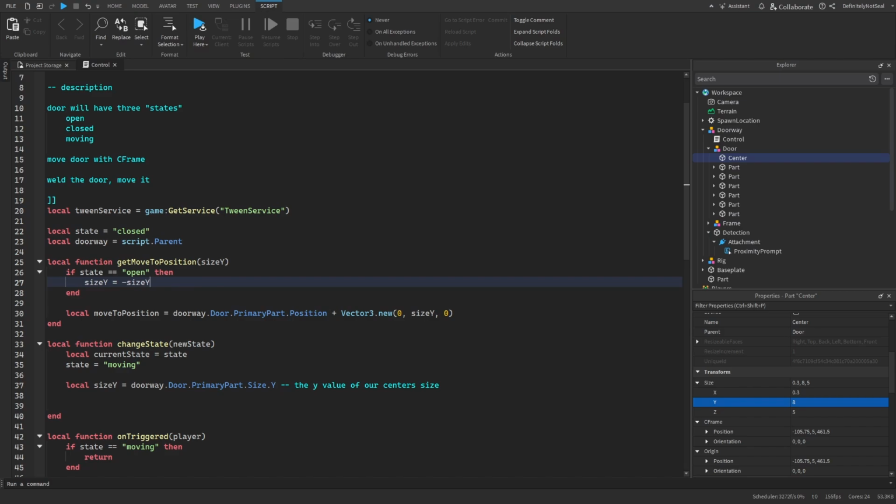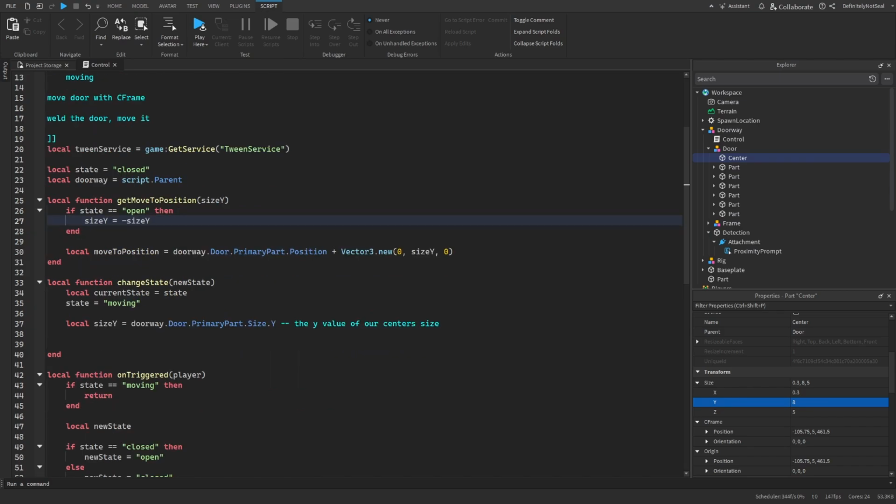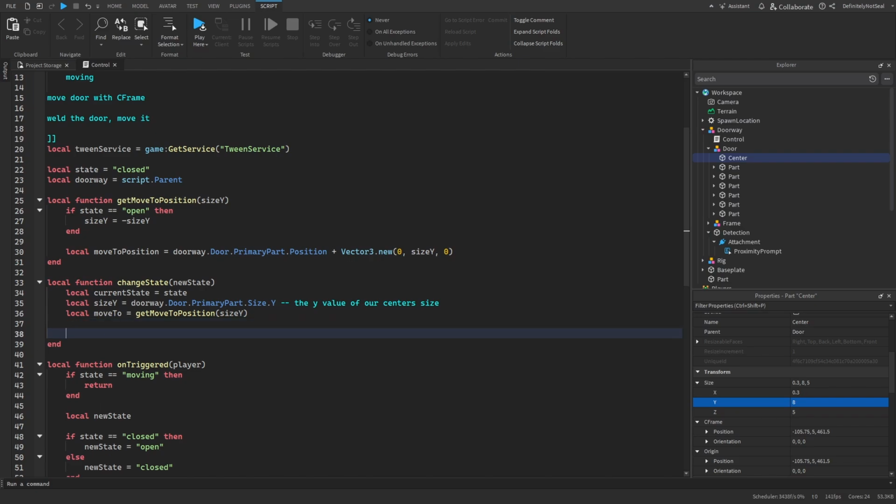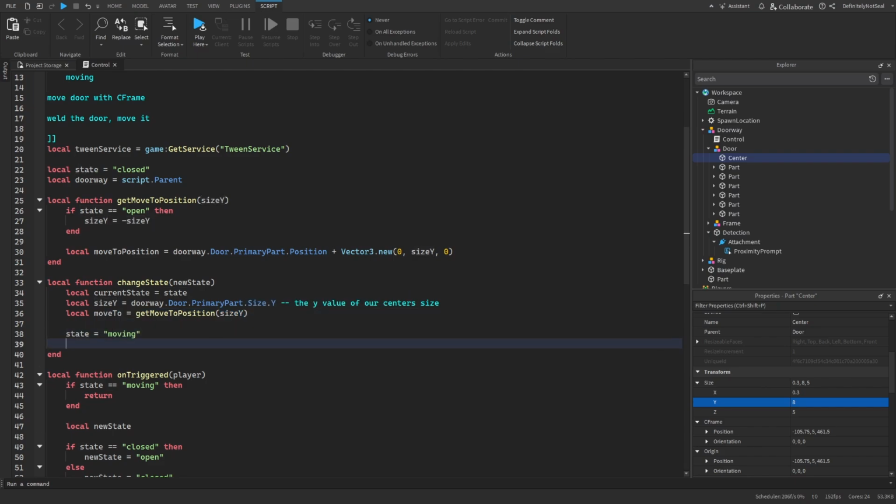Now, because we're doing this, it's a good idea to change our state after we get the move to position. So local moveTo equals getMoveToPosition, sizeY. Down here, we'll set our state to moving, and then what we'll do